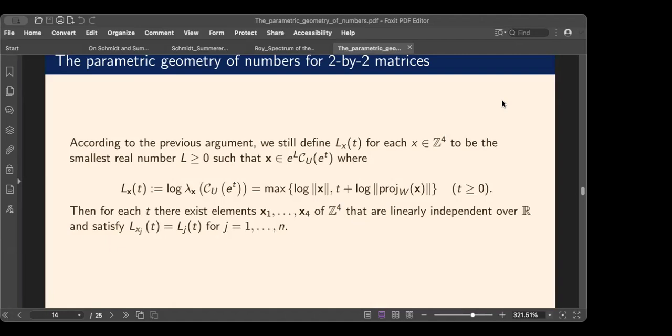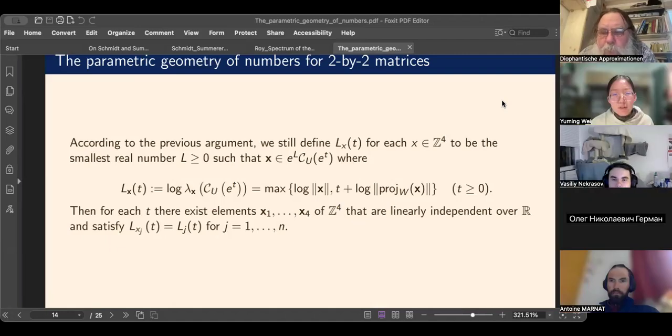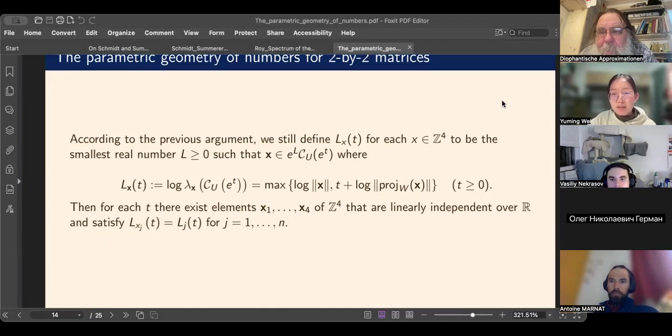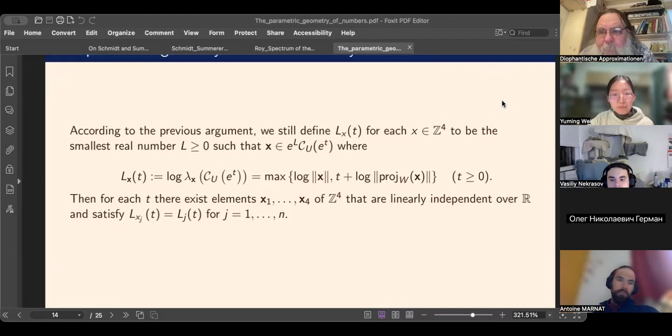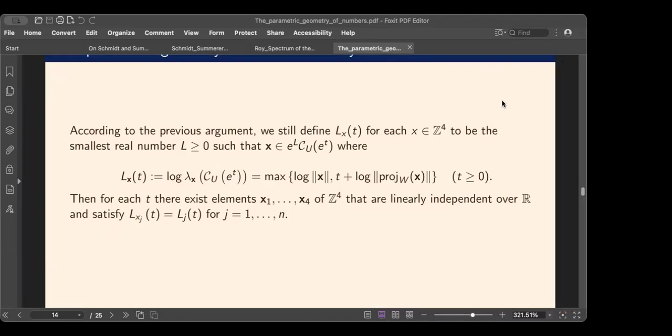So the function L_X looks the same as the previous one. Functions, one is log x, the projection to the U delta x, which can be generalized by this projection map. And so for each